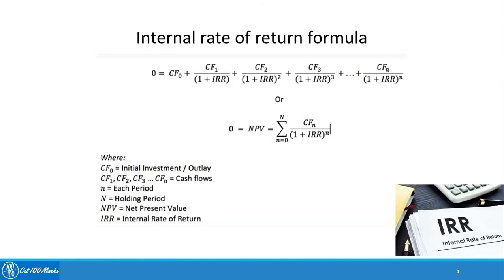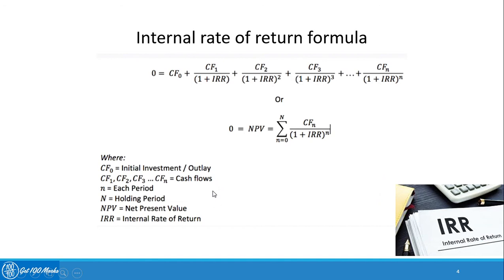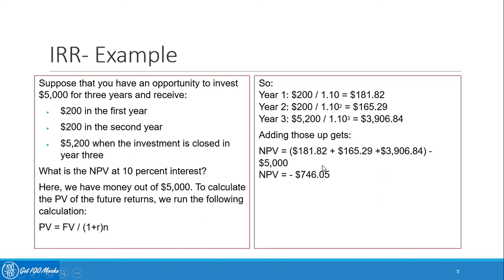Just an indication, I'll go back to this graph again. If you see, when at a particular level your NPV is negative, which means you are below this x-axis, you may be somewhere below this x-axis. So for you to reach up till the x-axis, you will have to reduce the discount rate, isn't it? If suppose this was 10%, if you reduce the discount rate, you will probably start moving towards the positive NPV. So hence it's clear that we will have to reduce the discount rate to arrive at positive NPV.